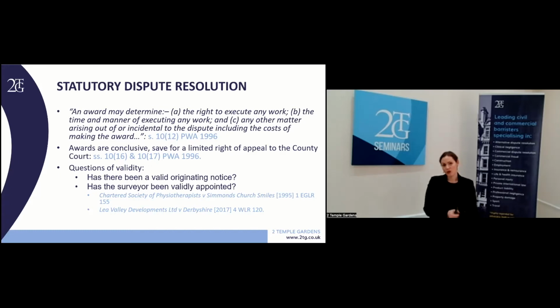Once a surveyor's award is made, then it is conclusive, save for a very limited appeal to the county court. As this is conceivably the first time a lawyer might have been called into the case, there are a couple of points which should be highlighted. The first is that the time limit for appeals to the county court is brutally short. The disappointed party has only 14 days from the service of the award to make the appeal, and that's not a time limit that can be extended by the parties.